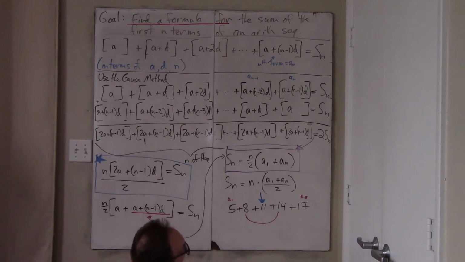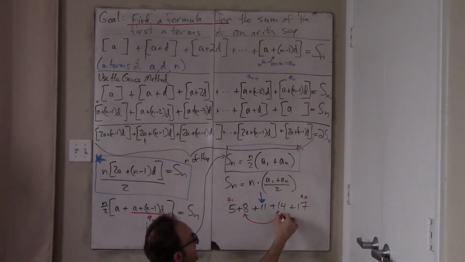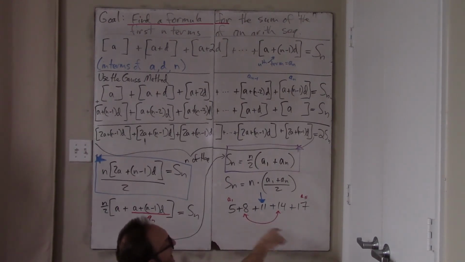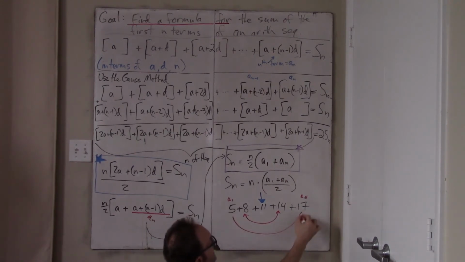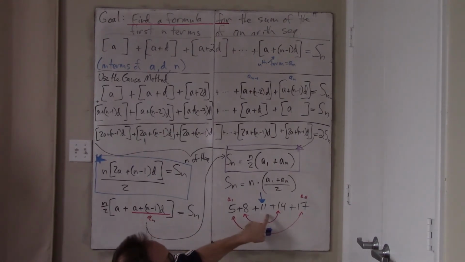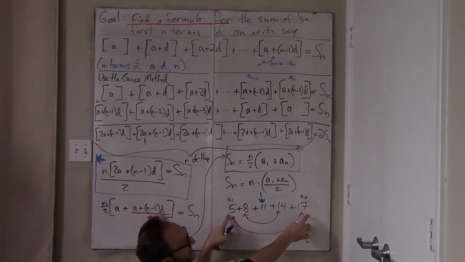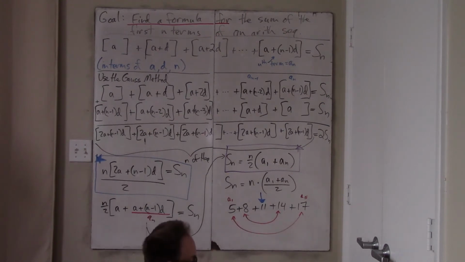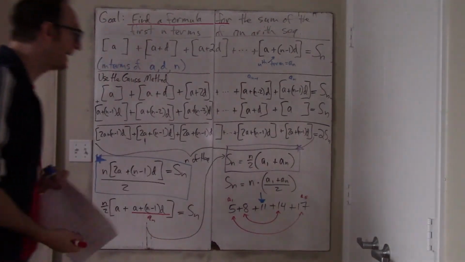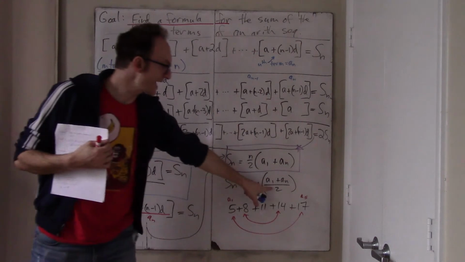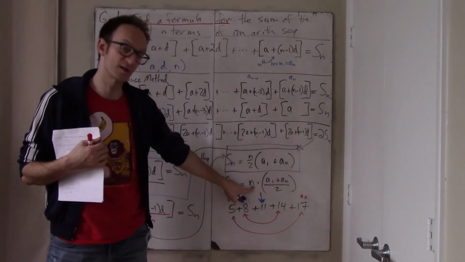Because the average, if I add, what am I trying to say here? I guess I'm trying to say that 8 and 14 is always like 3 more than 11, and 8 is 3 less than 11. And when I look at 5 and 17, 5 is 6 less than 11, but 17 is 6 more. And so the 5 and the 17 kind of balance each other out, and the 8 and the 14 kind of balance each other out. So you might as well think of yourself as having 5 11s here, which is kind of what this formula says, right? Take the average of the first and last term and multiply by the number of terms.